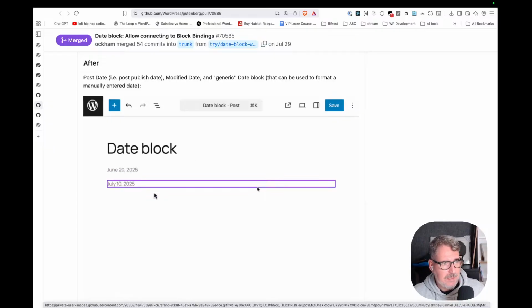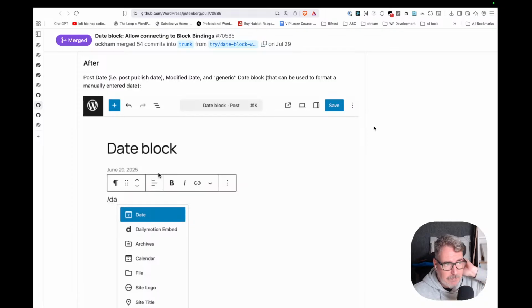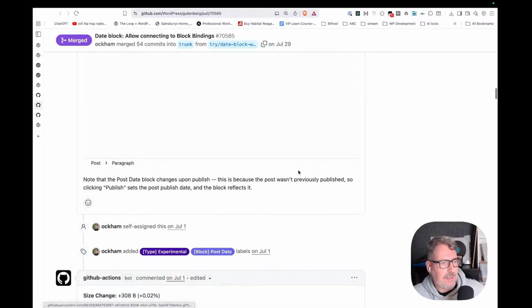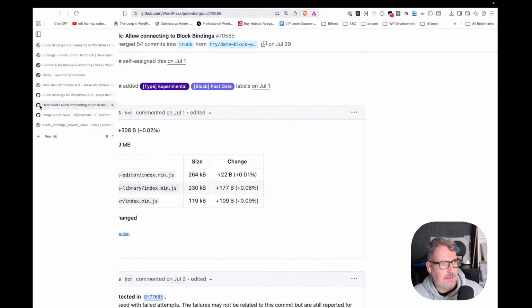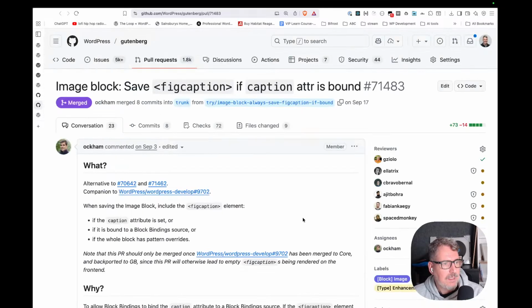Post date, publish date, and modified date and generic date block that can be used to format and manually enter date. Yeah, indeed, this works as expected. So this is tested. The other thing,